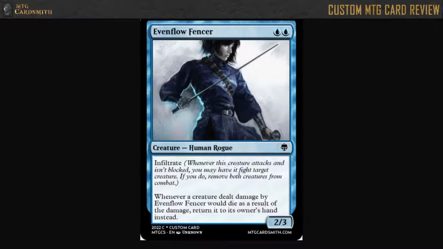Anyway, let's see what we got here. We got Infiltrate. Whenever this creature attacks and isn't blocked, you may have it fight target creature. If you do, remove both creatures from combat. Whenever a creature dealt damage by Evenflow Fencer would die as a result of the damage, return it to its owner's hand instead. Okay, sorry, I'm just taking everything in. So far this card definitely seems